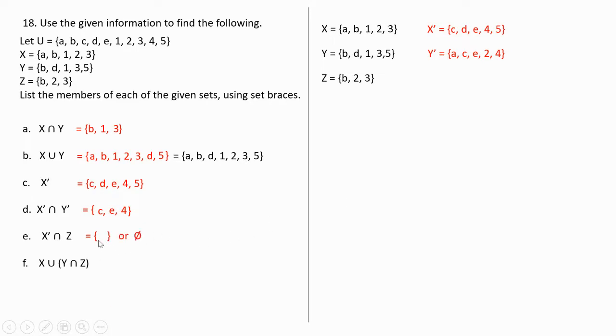Right, so these two mean the same thing. So you can put empty set in this form and the symbols, or you can put the 0 with a slash over it. That's all it means, empty set. Okay, now for F,